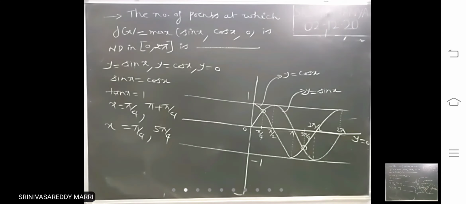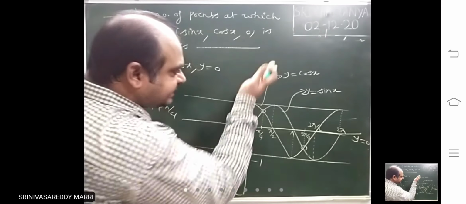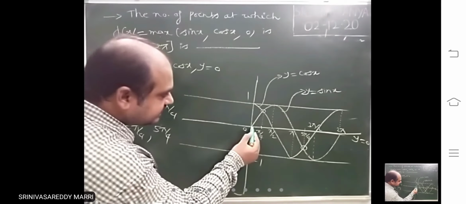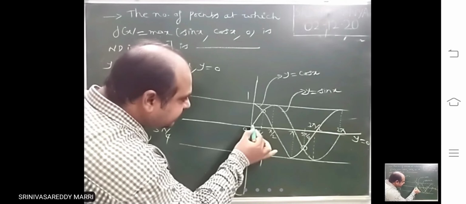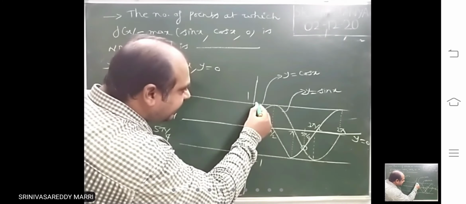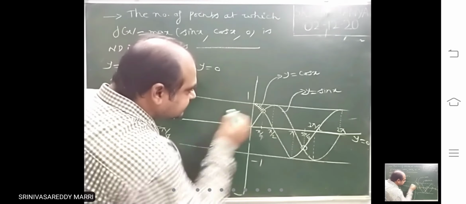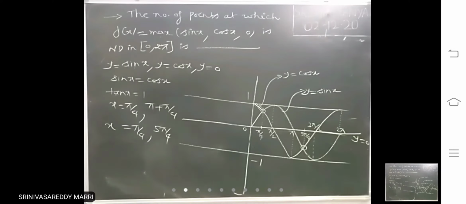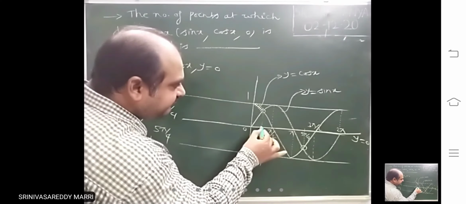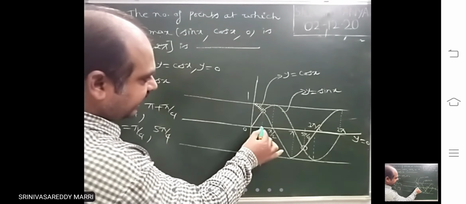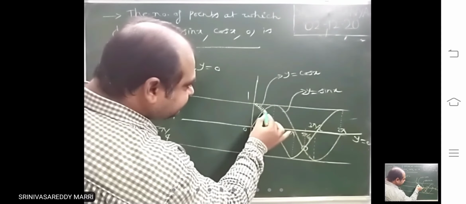Now maximum. Look at maximum. Now you can observe which graph is above, that is the maximum. In different intervals, it is different. Now look at 0 to pi by 4. That means from here to here, this is the maximum. I am plotting the maximum. I am drawing dotted lines, shaded lines. This is the one, right? So from 0 to pi by 4, maximum is what? Cos x. Then from pi by 4 to, look at, from pi by 4 to pi, maximum is what? This is the one.